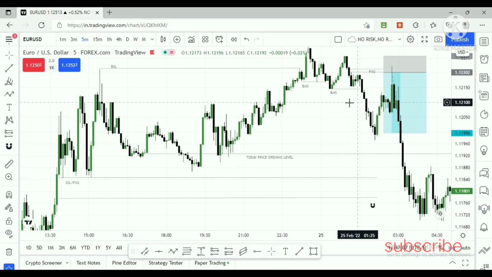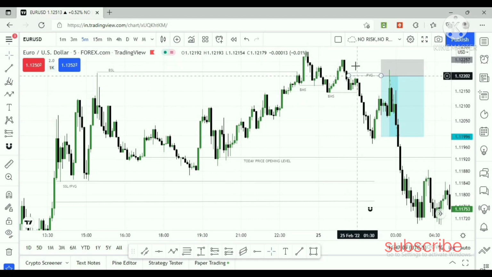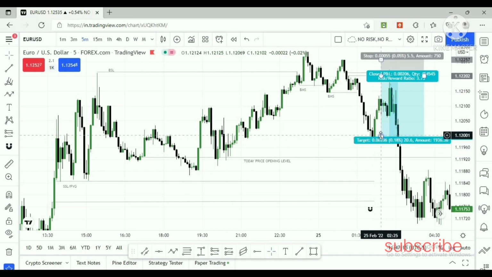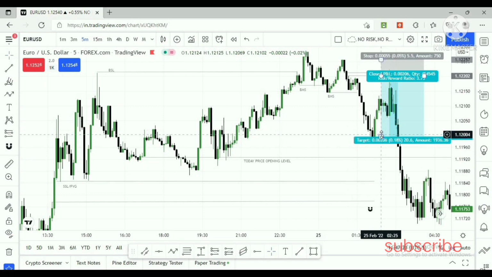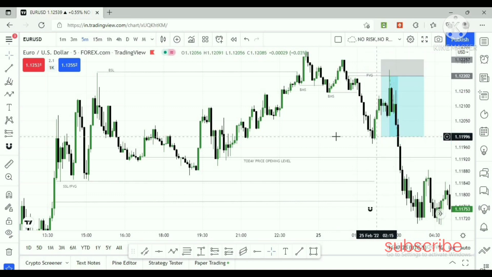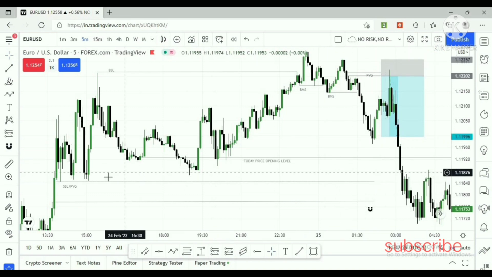As a monotone rule, our TP is only 20 pips. If you want to take some more pips, you can set your TP at this level. You can take a partial at this 20 pips. After price clears this 20 pips, your final target you can set at this level, because we know market